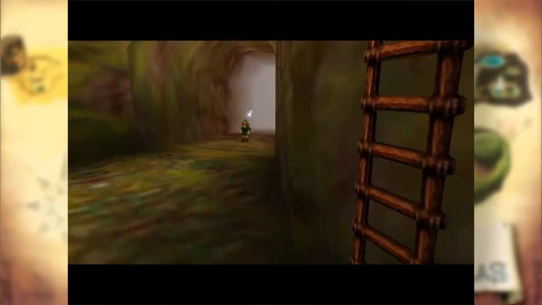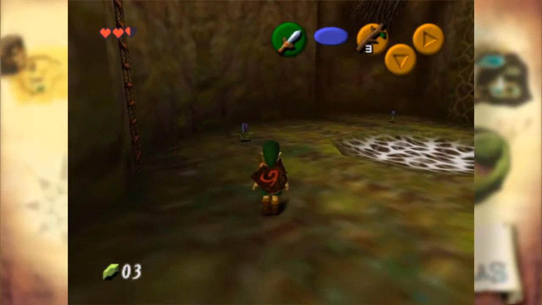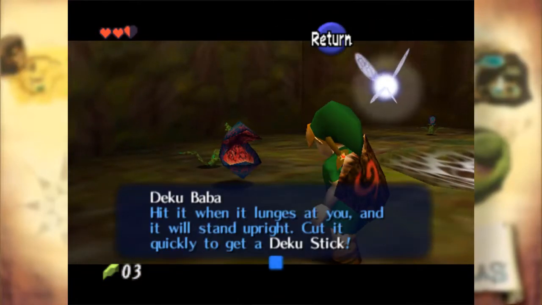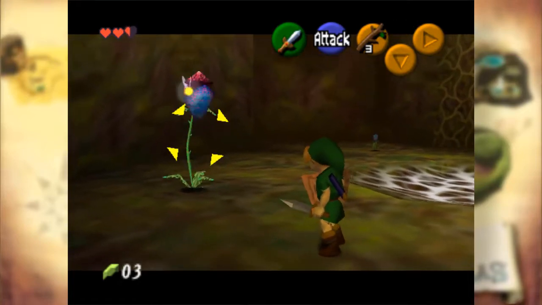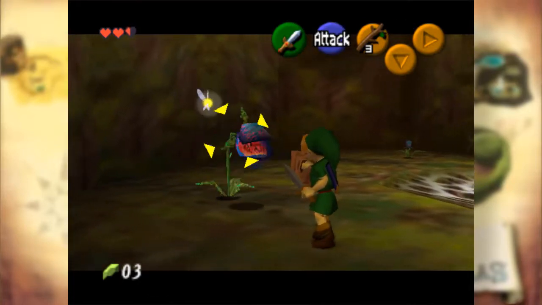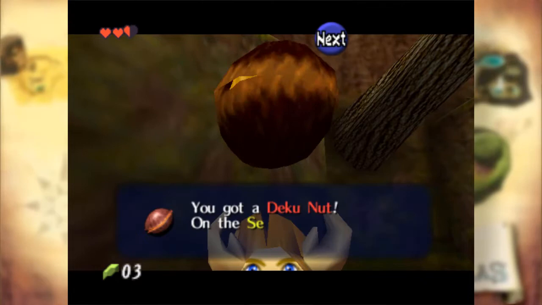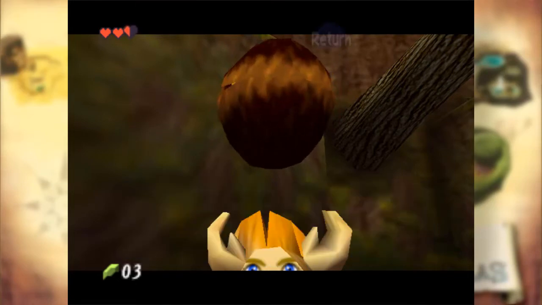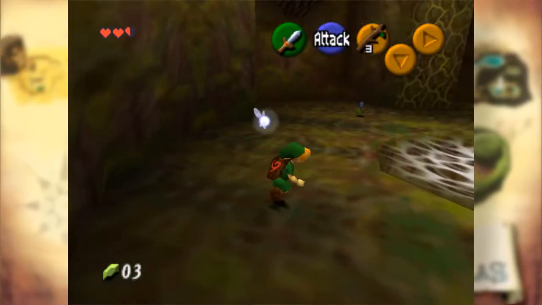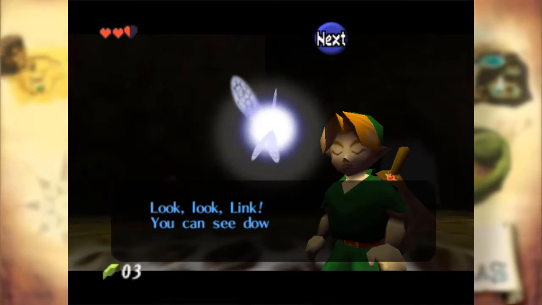So here we are, right in our first dungeon. Pretty close by is our new enemy, Deku Baba. And when it lunges at you, it will stand upright. Cut it quickly to get a Deku Stick. Or alternatively, if it's not stiff, you will instead get a Deku Nut. What Deku Nuts do is that you can use them to stun enemies. I'm not gonna set it to anything yet because I don't really find Deku Nuts all that useful, but anyways,